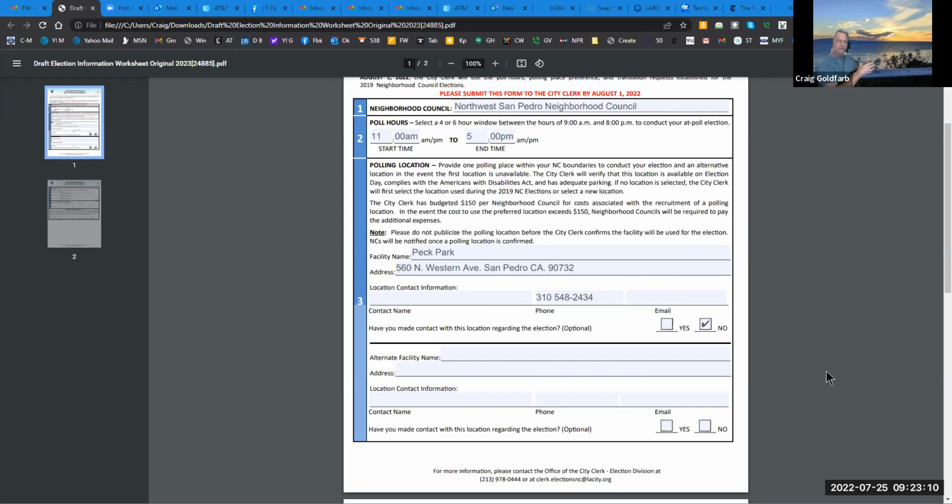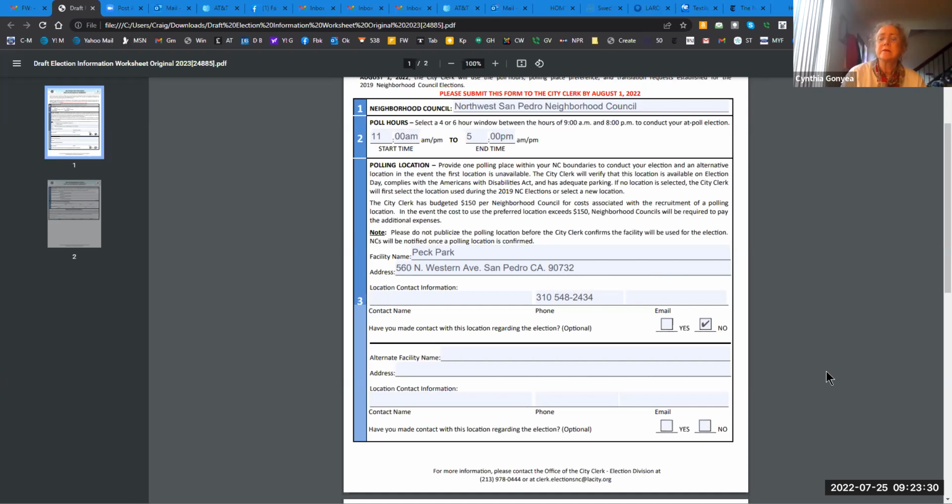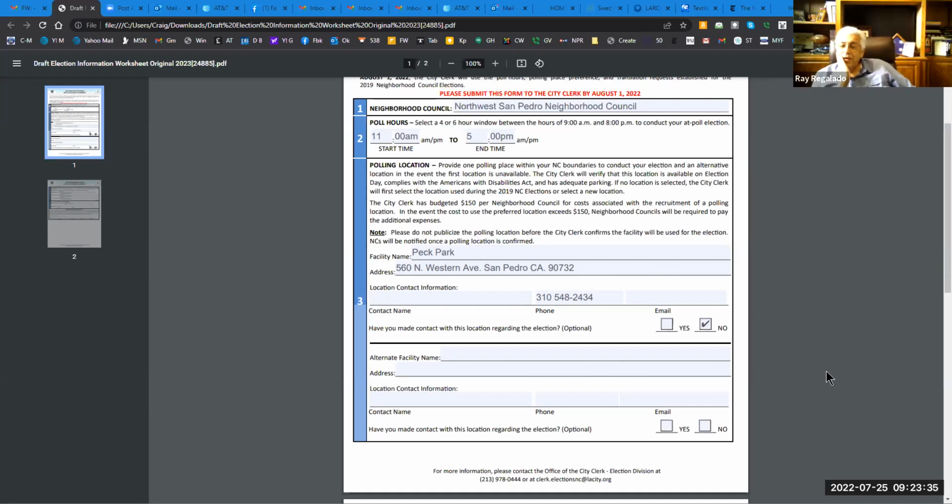What about the Christensen Center? Well, that's a good idea. That doesn't have much indoor space, Craig. It's all been turned into offices. I think that would be challenging. I don't know, Vic, are you on? I don't think they currently would have the indoor space to do it. What's our deadline for deciding this? It has to go in August 1st, but we're gonna be asking for forgiveness. They're not gonna say no. It has to be approved by the board at the next board meeting, right?